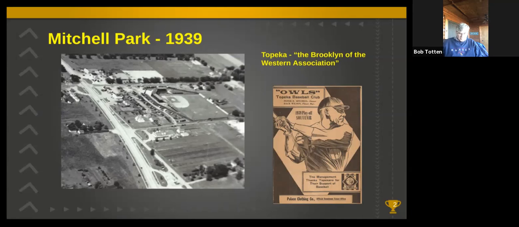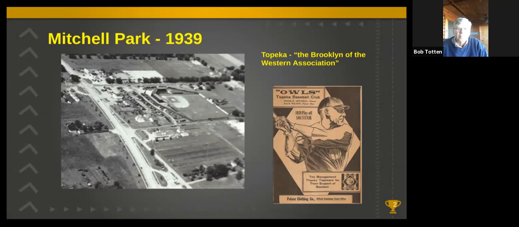Mitchell's Owls were a success at the box office, and they drew large crowds of spectators. They even had people travel on the road to nearby St. Joseph, even took a band to support their team up there. And in 1939, the Owls drew 100,000 fans to the ballpark when the population of Topeka was only 68,000. They were not as successful, though, in the win-loss column, as they finished fourth in the league, and it caused a St. Joseph sports writer to dub Topeka the Brooklyn of the Western Association.